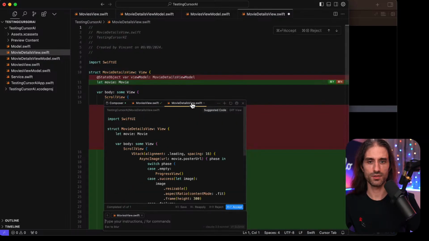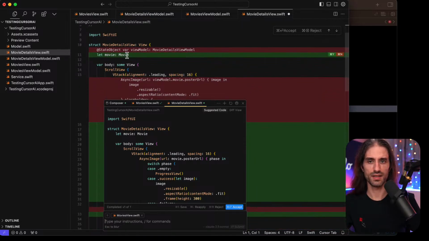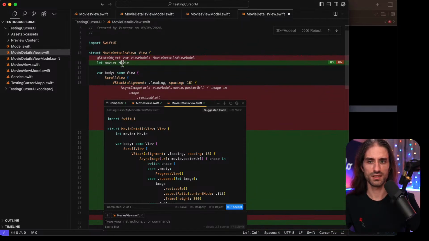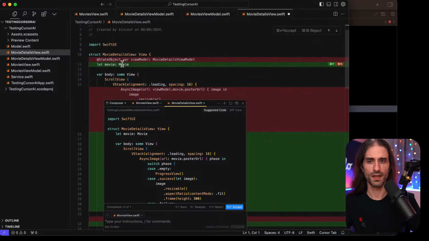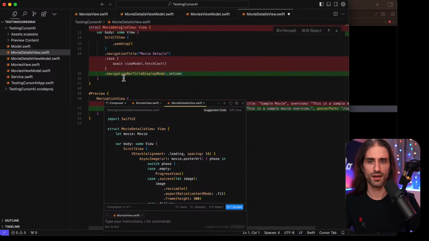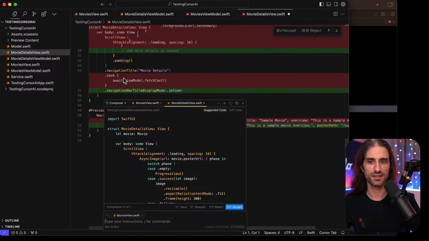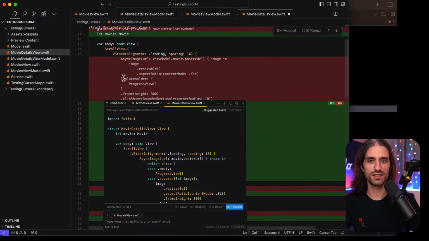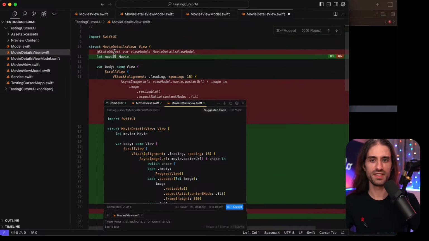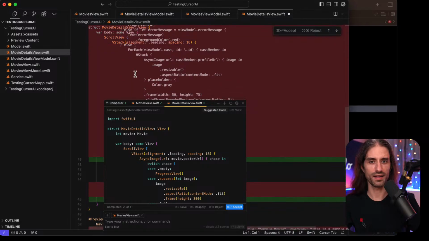And then the other one is here. And so it's the fact that there is the let movie here. And then here, I'm not a big fan of what it's doing because it seems that it's overwriting completely the movie, it tells you to do something different than what I had it do before.